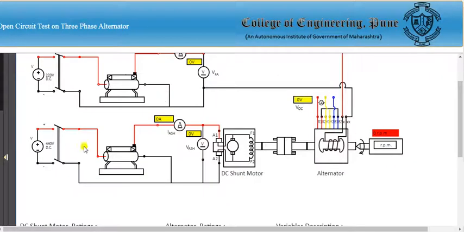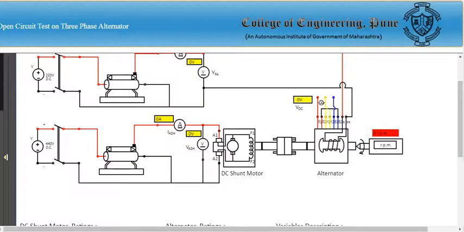First of all, click on here. This is the DC supply which will be fed to the DC shunt motor. This is the DC shunt motor. The field winding is here, see my pointer where it is located. This is the field winding and this is the armature winding. Because both are connected in parallel, it is called a DC shunt motor. The supply voltmeter is connected to read the voltage, and the ammeter is connected to read the current. And this is the rheostat.